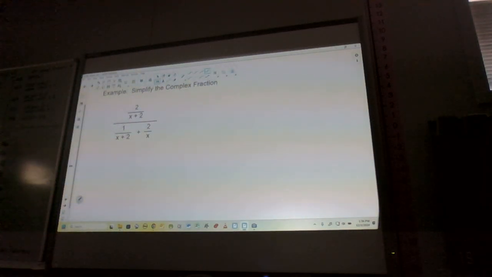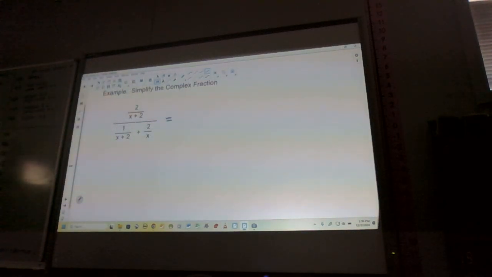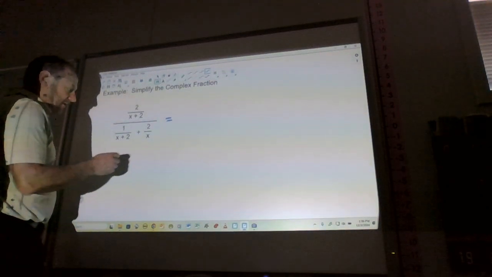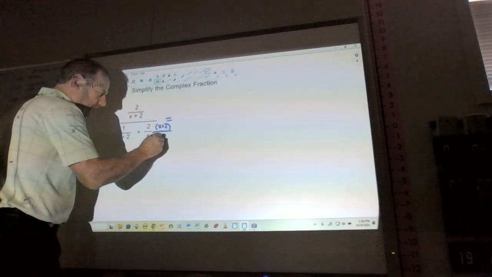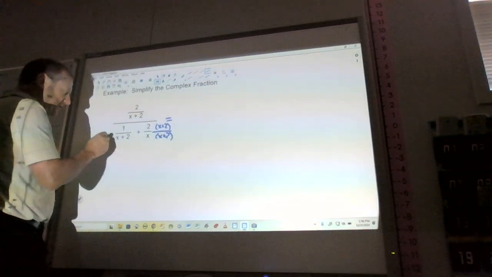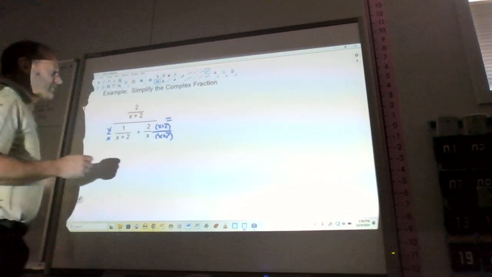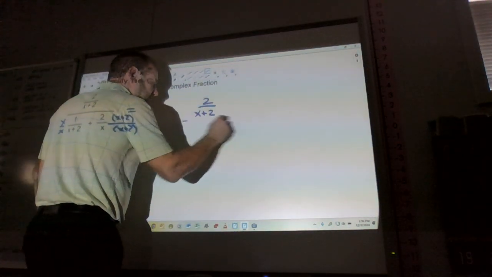Okay, so I'm going to take this, and the numerator looks good. The denominator, no, I got to add those together, so I need to get a common denominator. I'm going to have to multiply this by x plus 2 over x plus 2, and this by x over x. So I'm going to get 2 over x plus 2 on the top,